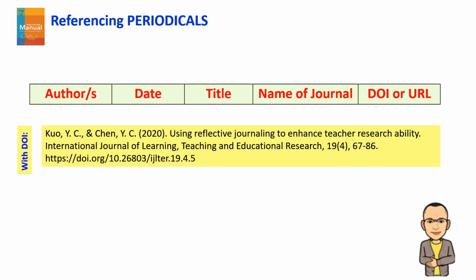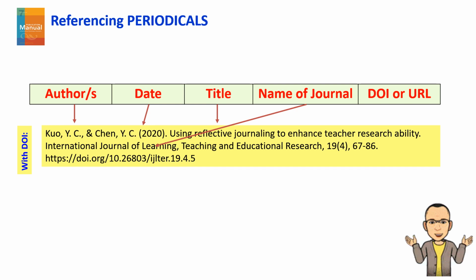In this example, the authors' names are listed first, followed by the year of publication in parentheses. The title of the article is in sentence case, followed by the name of the journal, not in italics. The volume number 19 is followed by the issue number 4 in parentheses, and the page range of the article, 67 to 68, is listed after that. Finally, the DOI is included, which starts with